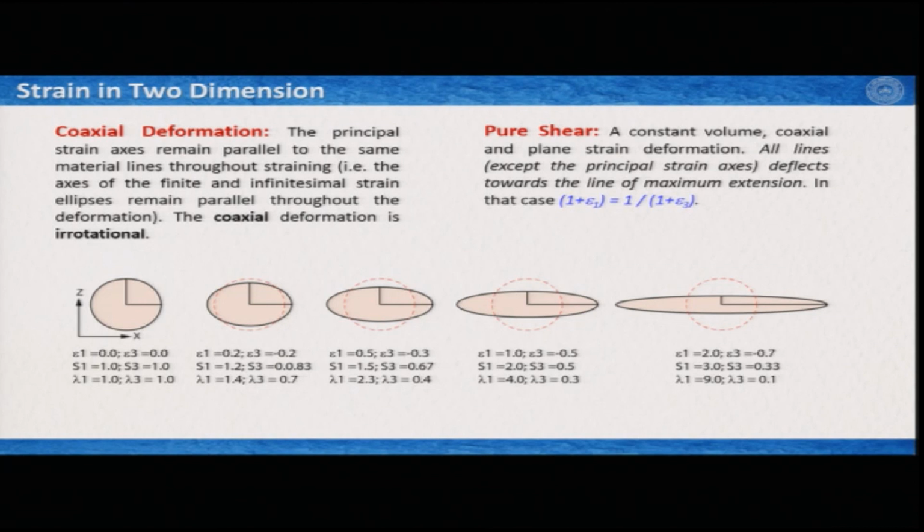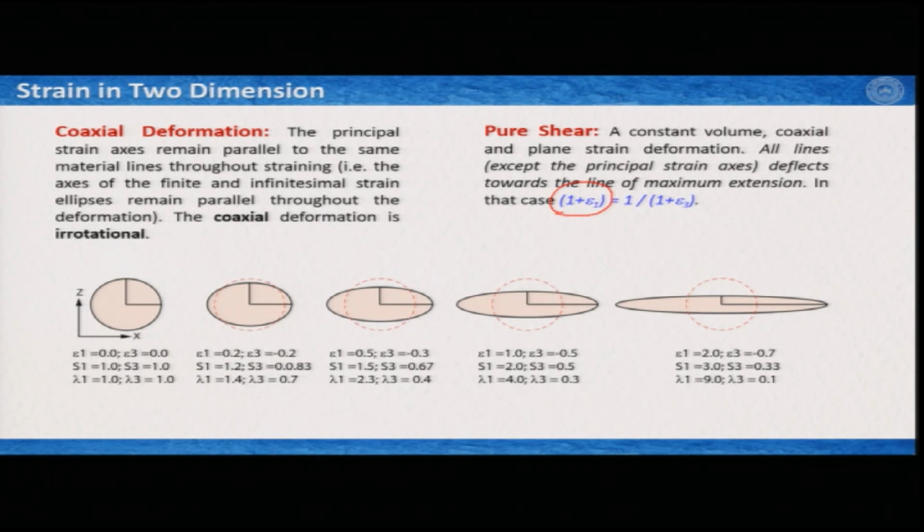So the coaxial deformation is irrotational. That means the principal axes of strain do not rotate. It can also be defined as a pure shear deformation, where, at constant volume, coaxial and plane strain deformation, all lines except the principal strain axes deflect towards the line of maximum extension, and you can define this mathematically as